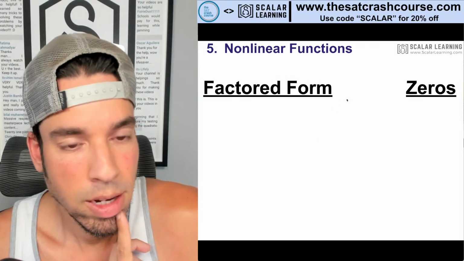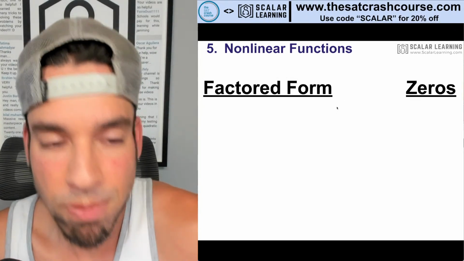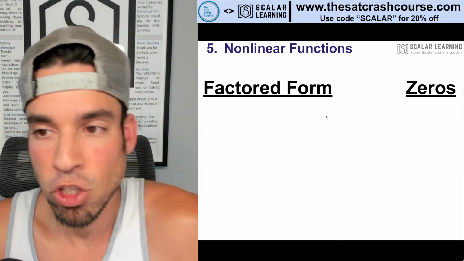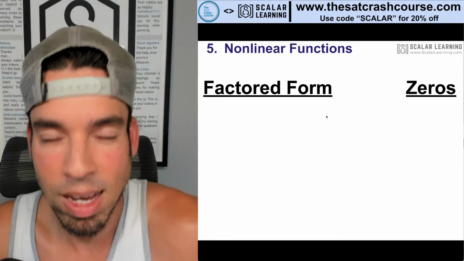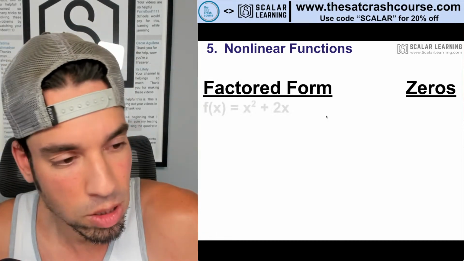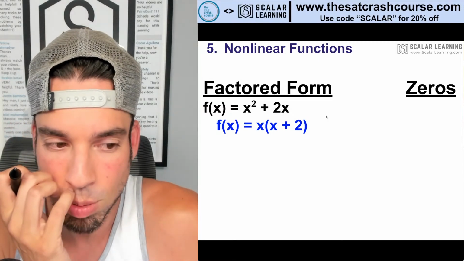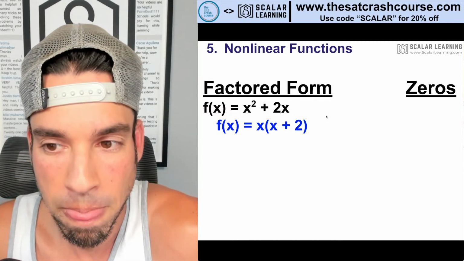All right. And we talked before about factoring polynomials. Why is factoring these polynomial functions or these other nonlinear functions so important? It's because it helps us find the zeros of these functions. So for example, when we go back to this one where we factored it to x times x plus 2 as a function, okay,